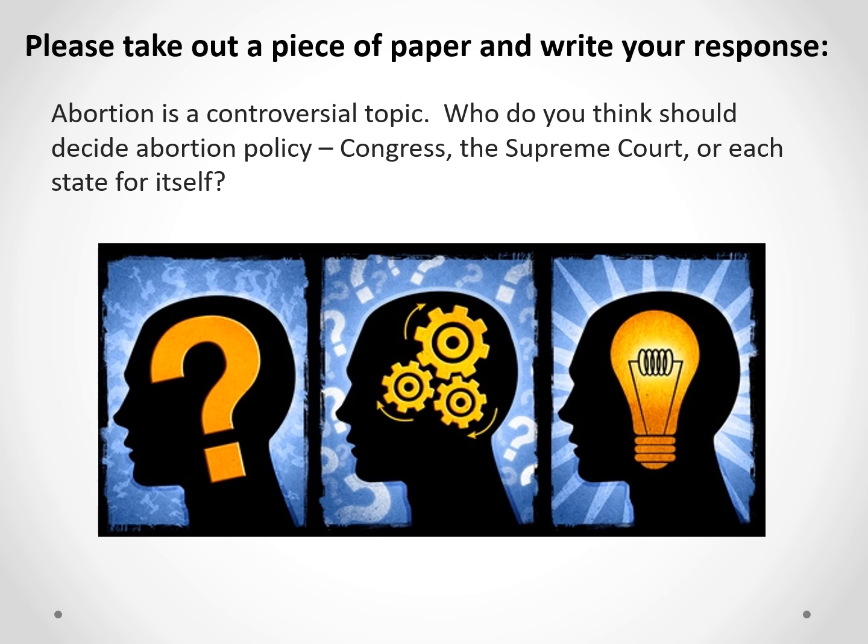And most of the time we think, I'll just go with whoever agrees with me, right? So if the Supreme Court agrees with me, I'll go with that. If Congress agrees with me, I'll go with that. If my state agrees with me, I'll go with that, right? But again, this is another kind of separation of powers issue, trying to figure out whose role it is to decide these things before we know the outcome.